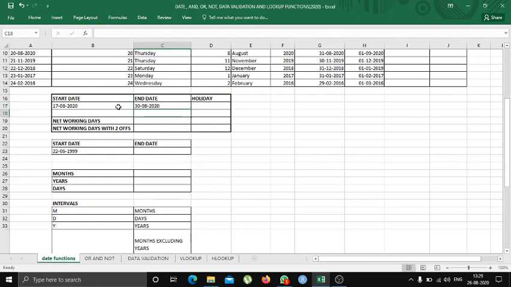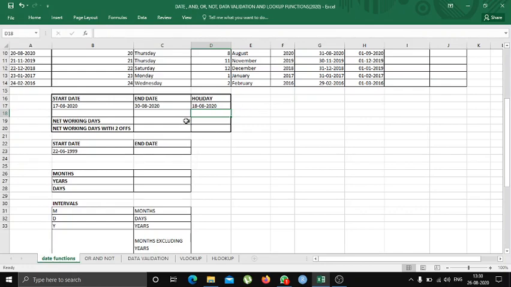Within this range, there are 2 Sundays and 2 Saturdays. So Excel will count those 2 Saturdays and Sundays as off days, and it will show net working days deducting those 4 weekend days. So we'll enter equal to NETWORKDAYS, open the bracket, select the range, start date and the end date, close the bracket and enter. So the total number of days were 14, but it deducted that 2 Saturdays and 2 Sundays, and we got the value as 10. But if the company is providing a holiday between the range, so suppose the holiday is on 18th of August, so now the net working days will be 9.